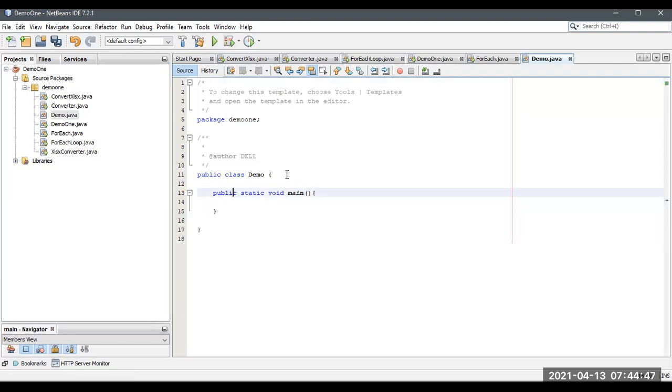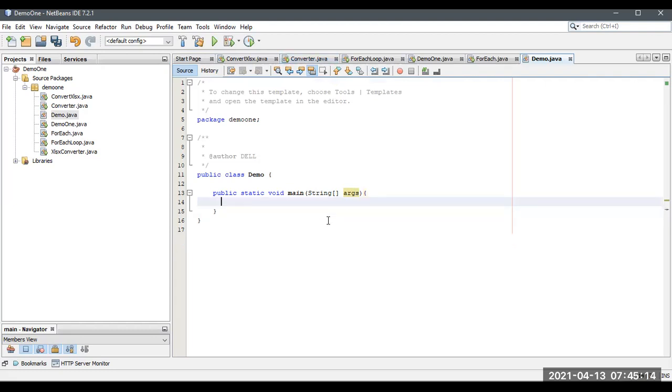So I need command line argument values. These are the values I'm going to pass at the time of run. At runtime, I'm going to pass the argument so that the program will be checked. At the time of testing, it will be useful for you. Okay, so we'll discuss it later.